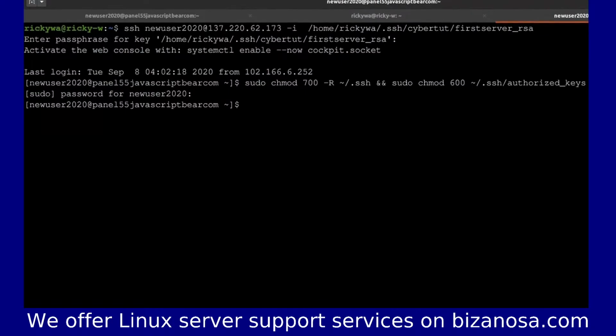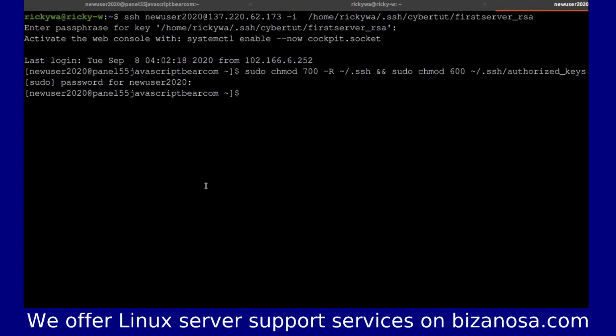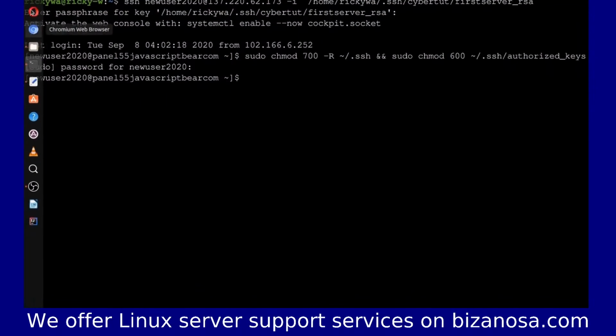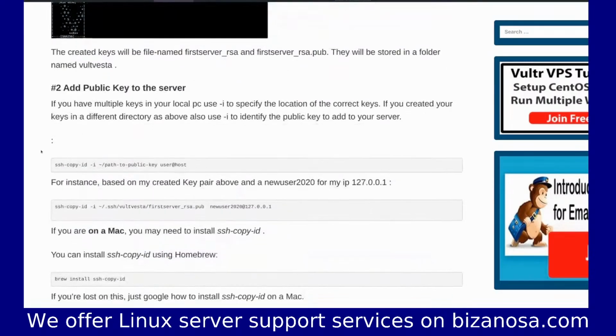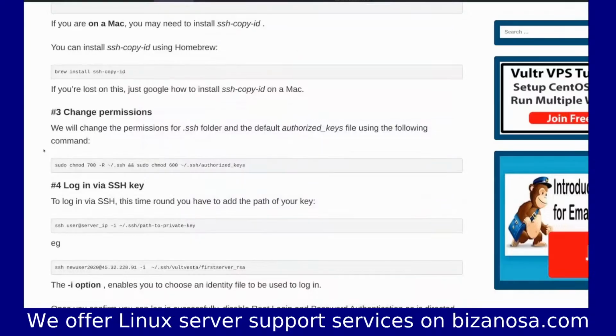So that's all that we need to do in this video, nothing else. We just need to set up SSH keys, and you've seen how to do it the right way. The beautiful thing about the way that I've shown you is that you can create multiple keys for different users, for different servers, and you can group all of them in different directories. So you don't have to do it the default way, and most tutorials online show you how to do it the default way. If you want to change the name of the keys, this is how you're going to do it. This way you can create multiple keys on the same Linux computer or on the same Mac computer,